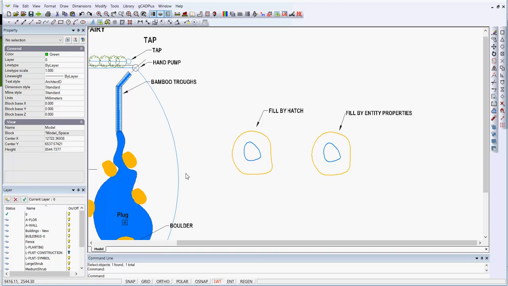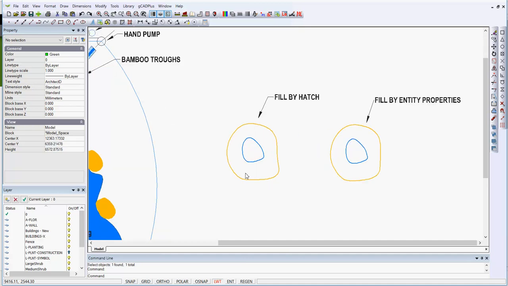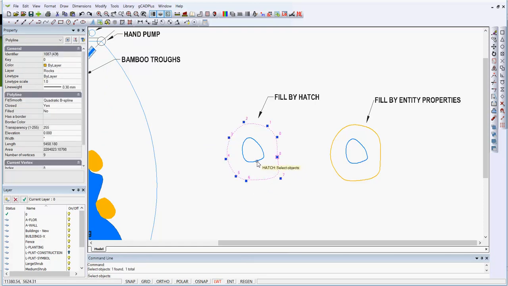We've been asked to provide a little more information on hatching and filling shapes, such as those you see here, sort of donut shapes. Let's concentrate on this shape here, which I'm going to fill by hatch. So I'll take the draw and hatch option, and the prompt says select the objects, that's plural, so we can pick this object here and the island in the middle, and my drawing colour, as you'll see in a moment,